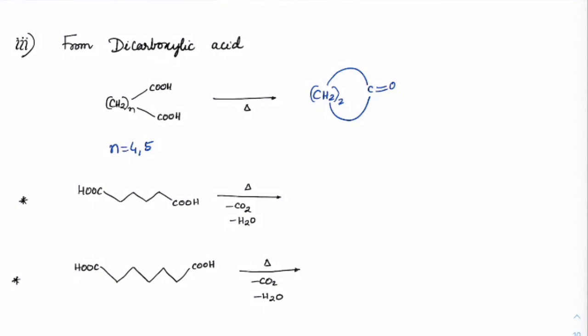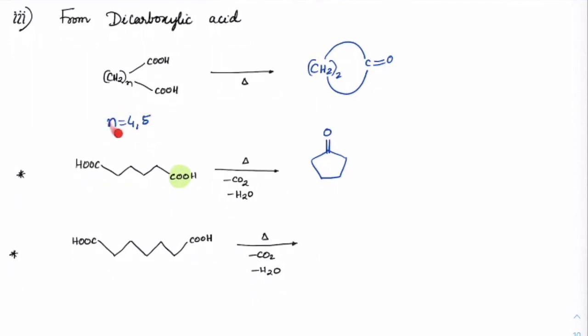Adipic acid. On heating adipic acid, one of the carbon dioxide will come out completely, and this would form a carbanion which will attack here. Got it? And that's how we will see the formation of the C double bond O. As of now, I suggest you just remember this, because we will come across the same reaction once again in carboxylic acids, where we can discuss the detailed mechanism. But since we are in the preparation of ketones, take it for granted that for n equal to 4 and 5 chains in dioic acids, we would be able to get these cyclic ketones with carbon dioxide being released.